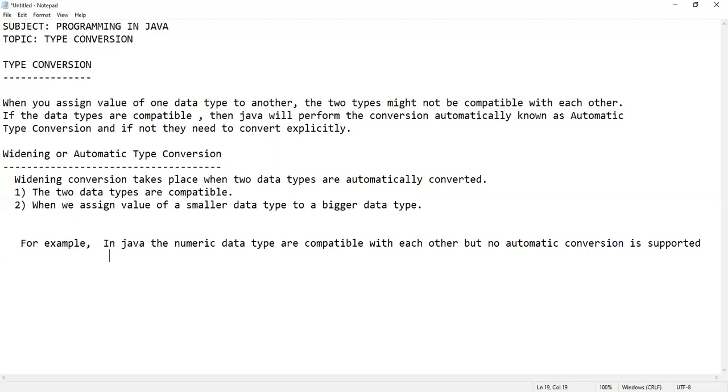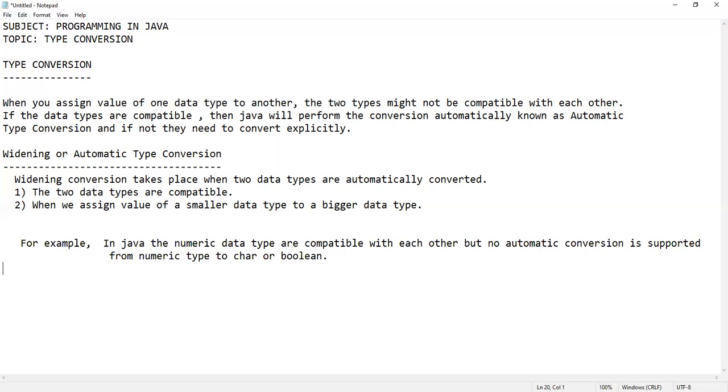But no automatic conversion is supported from numeric type to character or boolean. Whereas in C language it is possible to convert a numeric type to character type, it is not possible in Java to convert a numeric type to character or boolean data type.